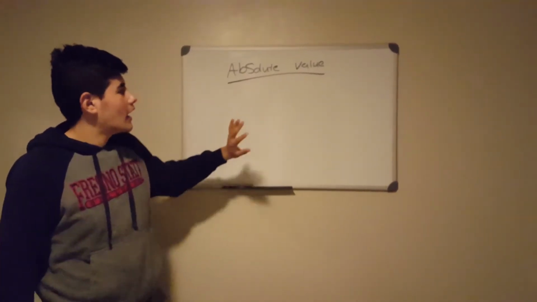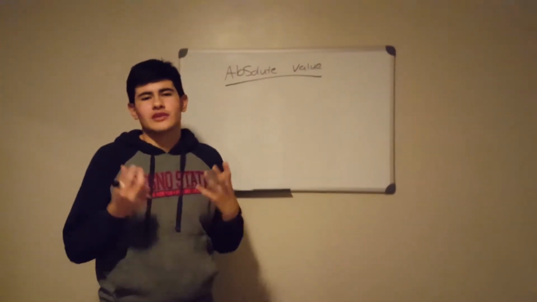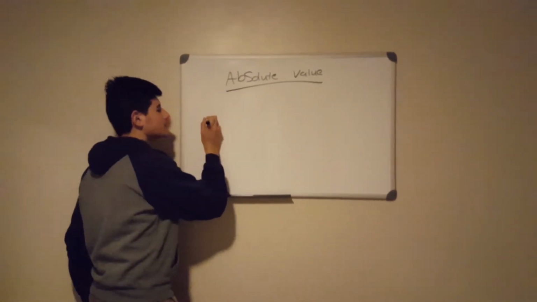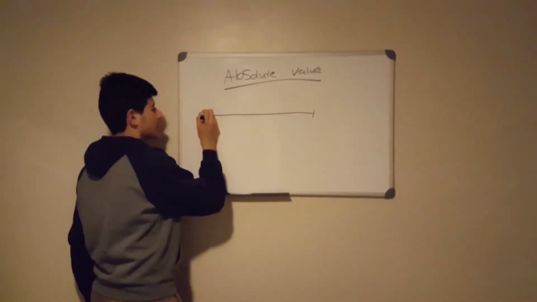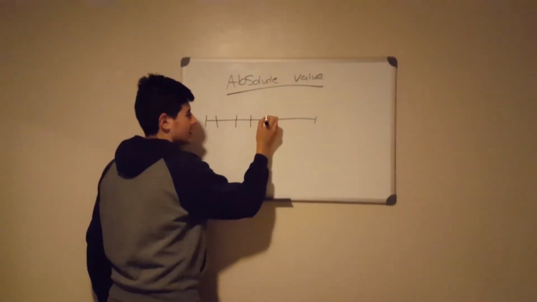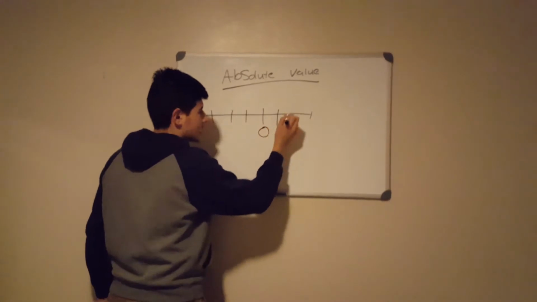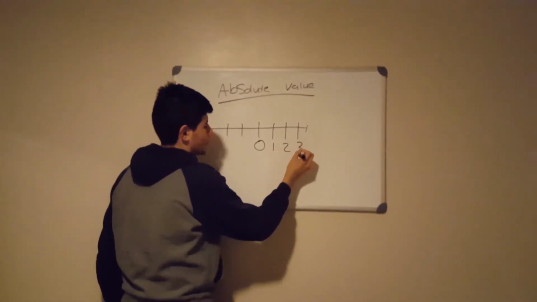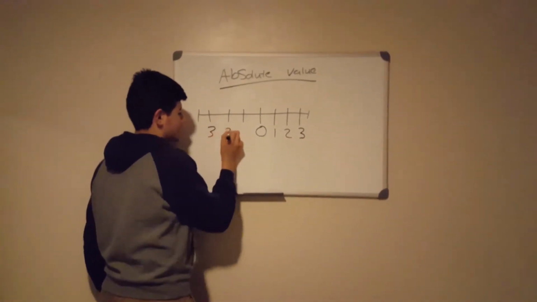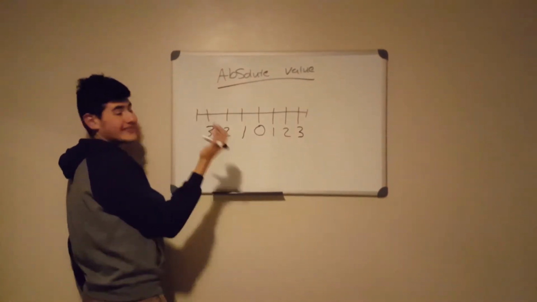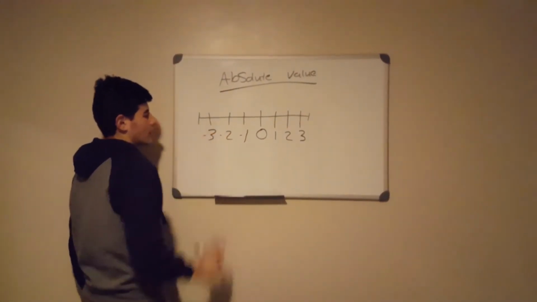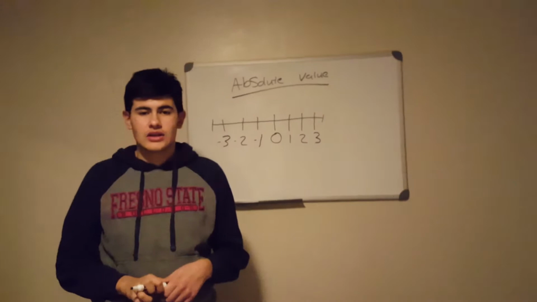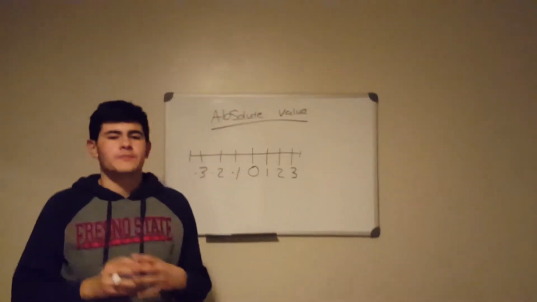So first of all, I'm going to teach just the core basic principles of what absolute value even is in the first place. So essentially, let's say you have a number line, right? So let's say that's my number line, and we're going to have three values. This will be my 0, 1, 2, 3. Okay, great. Positive 1, 2, 3. And then, again, we're going to have the same values on this side, except on this side we have negative numbers. Okay, there we go. So the idea behind this is that you're trying to figure out the distance to and